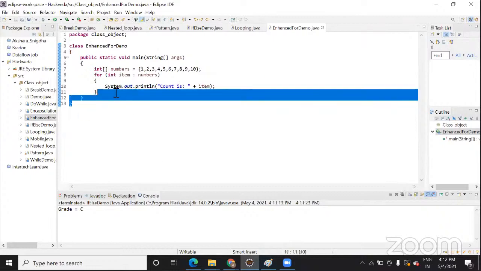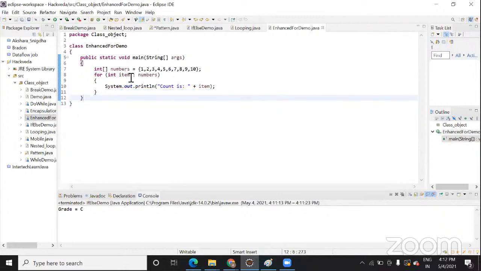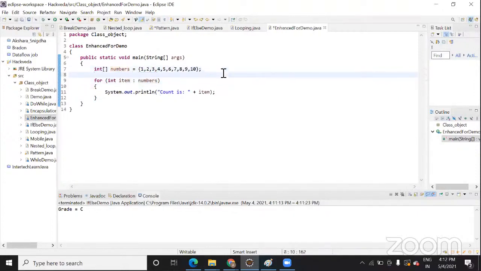Here this item is your temporary variable, and this temporary variable will keep on initializing with the elements of this array. Numbers is an array here. What type is it? Integer type, correct. So numbers is an array of integer type.